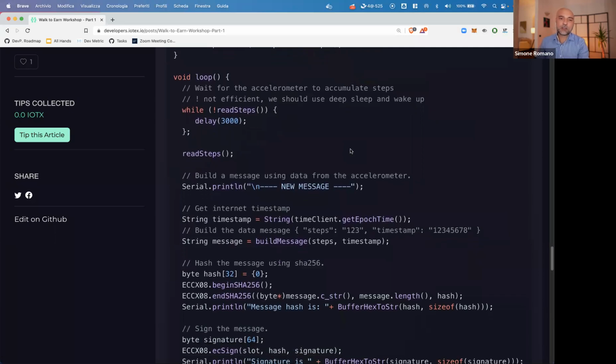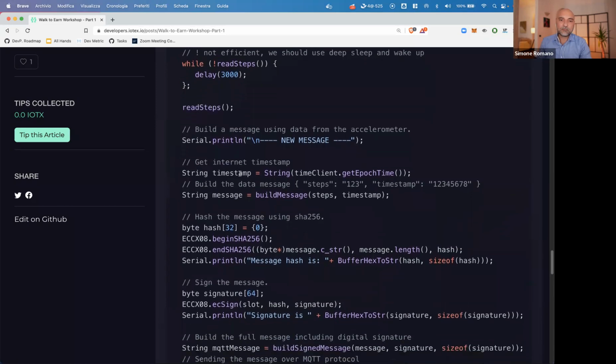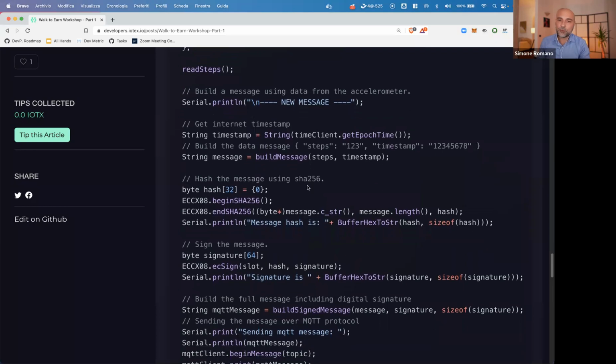So finally, that's what the device does. In the loop function, we just read the steps from the accelerometer. The details of these functions are below, but they're very simple because they basically use the library, or just read the register in the device, but you can find it on the internet. We did not invent anything here. So we read the number of steps in the accelerometer. Then we read the current timestamp from the internet using the NTP library. Then we build the message, meaning it's just a string concatenation here where we create,